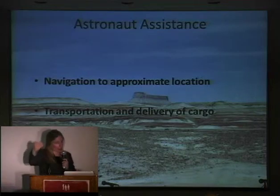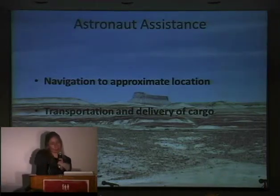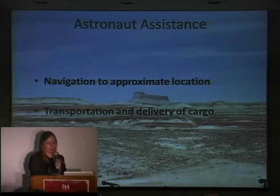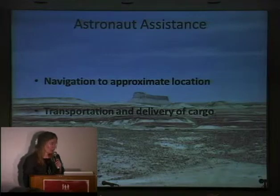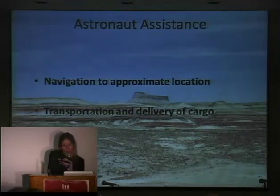and give them a cargo packet. In addition, they have to drive and pick up the astronaut and bring them back. So they're given GPS coordinates, and they have to navigate to it, and they have to navigate with their cameras, and they can't see it. Because it's generally in a hill around the corner, a lot of the rovers don't make it around there,